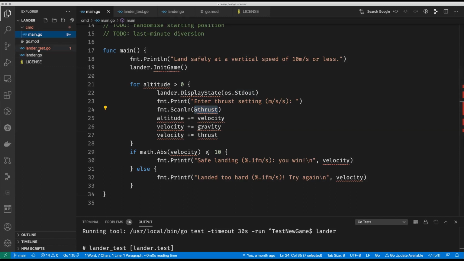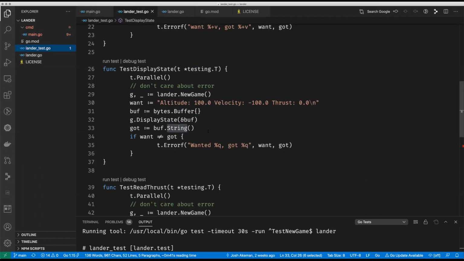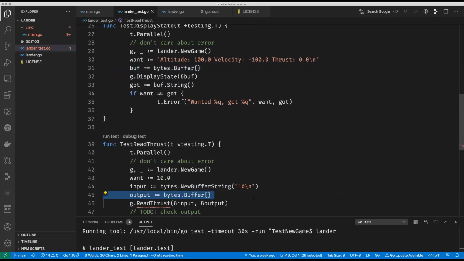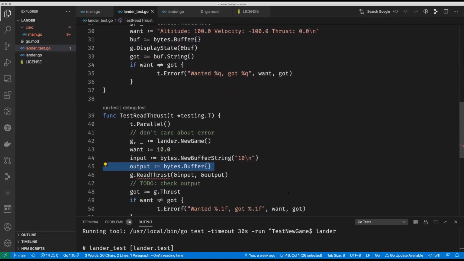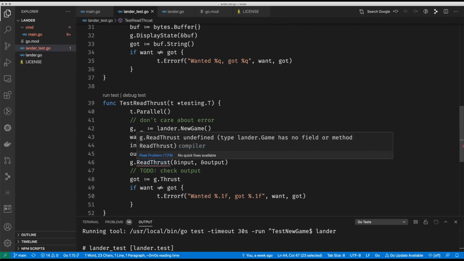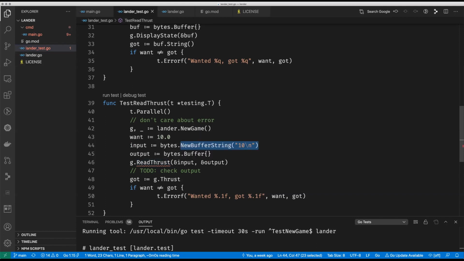So, in our ReadThrust test, we know we'll need to construct these fakes. So we know how to do the output buffer. So we've just called that output, because now there's two buffers. We can use a buffer for the input as well. All we do is we put something into it beforehand. Right. That's neat, isn't it? We've sort of pre-stuffed this input in there. We'll pass it to ReadThrust, and it will hopefully suck that out. Yeah. And turn it into... And it'll have some effect on the